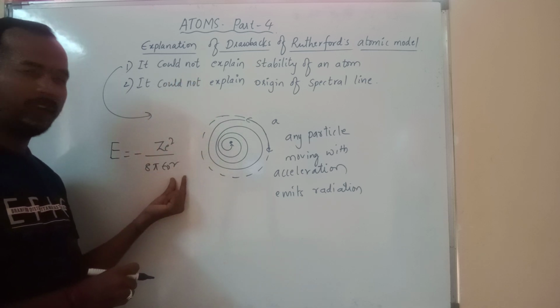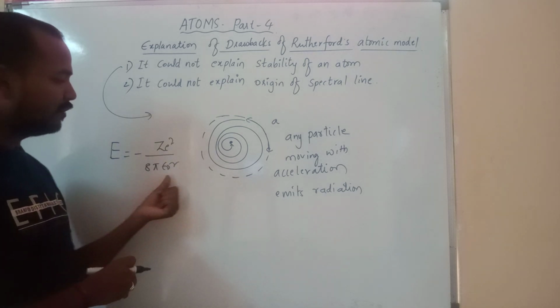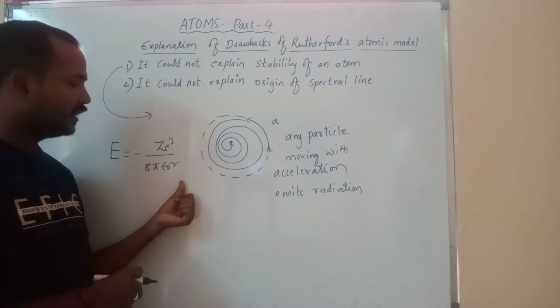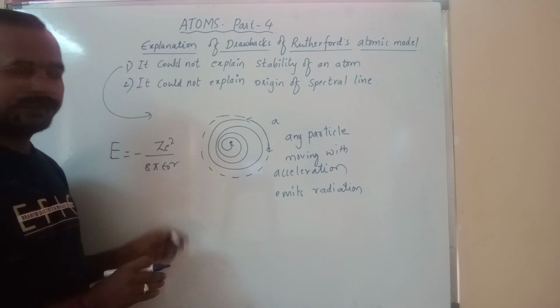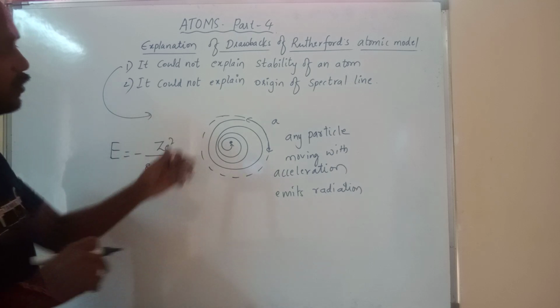Rutherford did not find the value of this radius. If he had the value of radius, then he could have found the energy of an electron revolving in the orbit, but he was unable to find the radius. Hence, this theory could not explain the radius of the orbit,